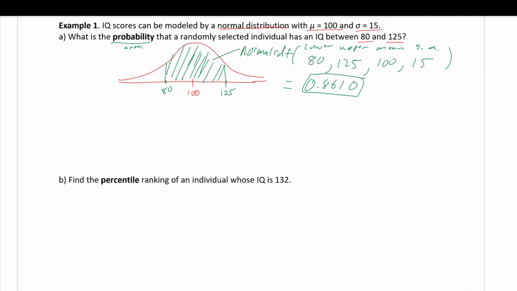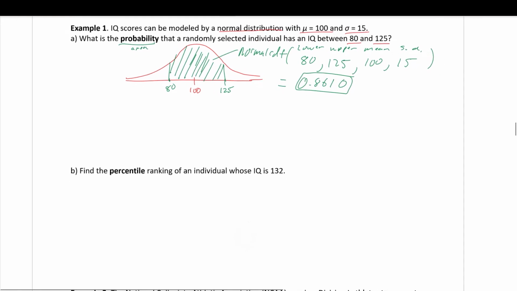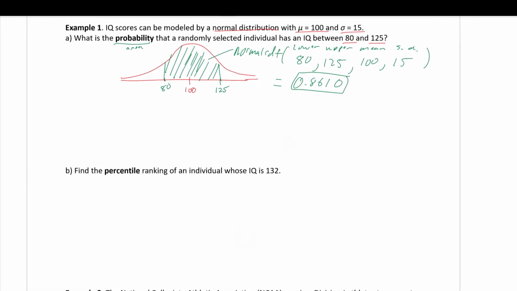So it's the same problem, but this time they're asking something slightly different. All right, let's draw a fresh bell-shaped curve here. It's the same problem, so we're dealing with the same mean of 100. So someone who has an IQ score of 132, well, 100 is at the center. 132 would be somewhere up around here, I would say. And what they mean about percentile, well, percentile is the area to the left of this. So the area to the left,